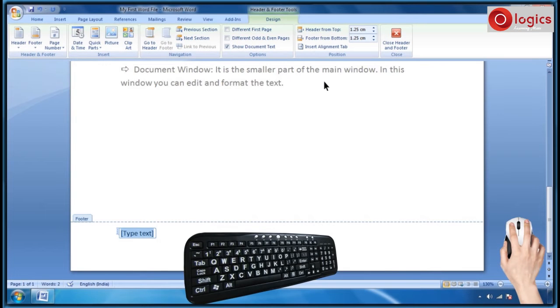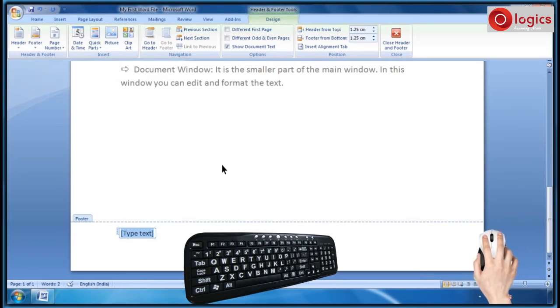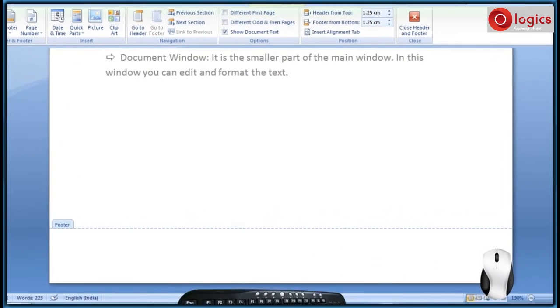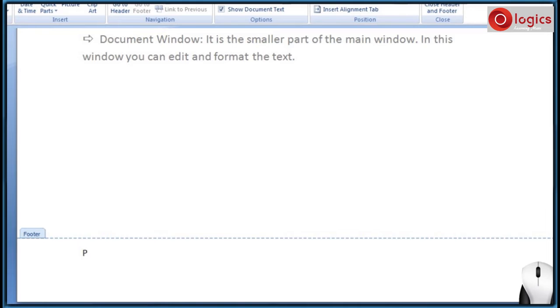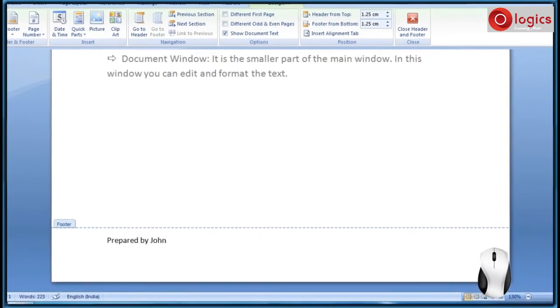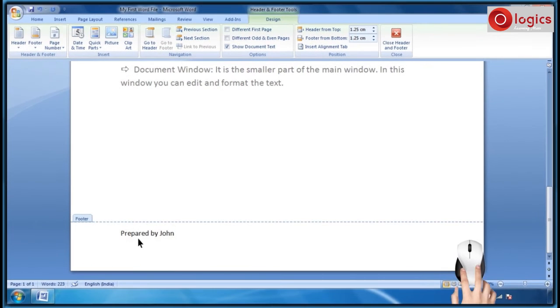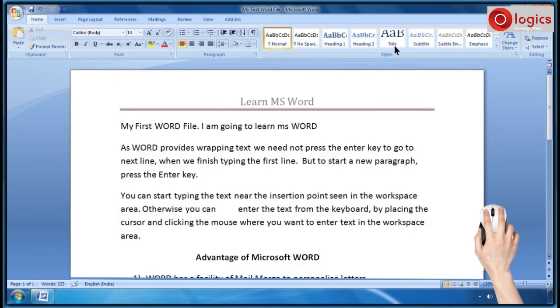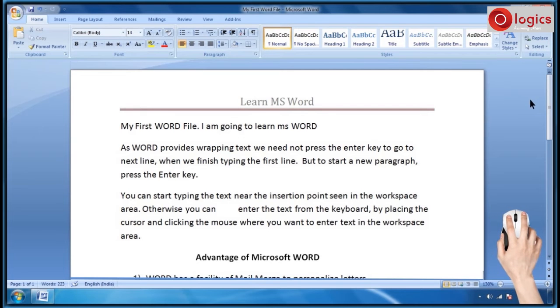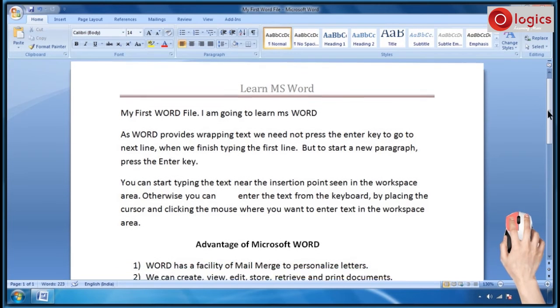Footer added to the document. Now you can edit it. Here I am typing prepared by John. Close the header and footer. So this is the document with my header and footer. Let us scroll to see both.